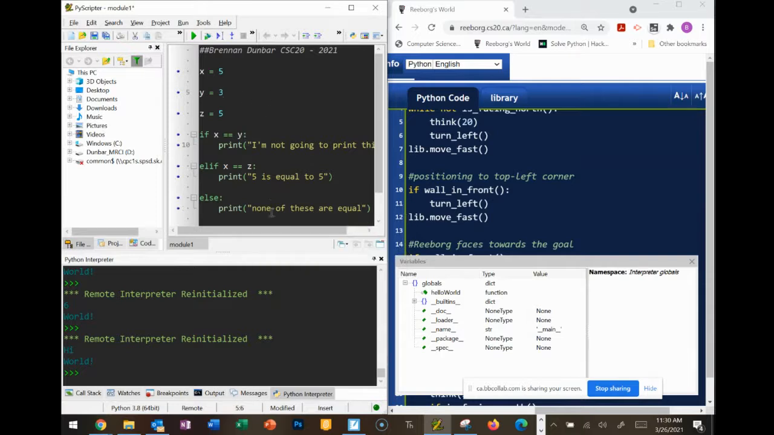the variables I set up here, we can tell which one of these we think will run. X is 5, Y is 3, Z is 5. So if 5 is equal to 3, that's false. So it's not going to do this one. It's going to skip to the elif part. Then it's checking, is 5 equal to 5? Well, that's true, which means it's going to run this part, and it's going to print 5 is equal to